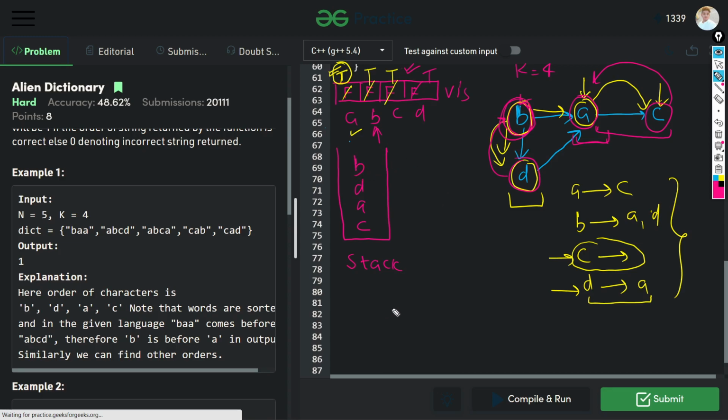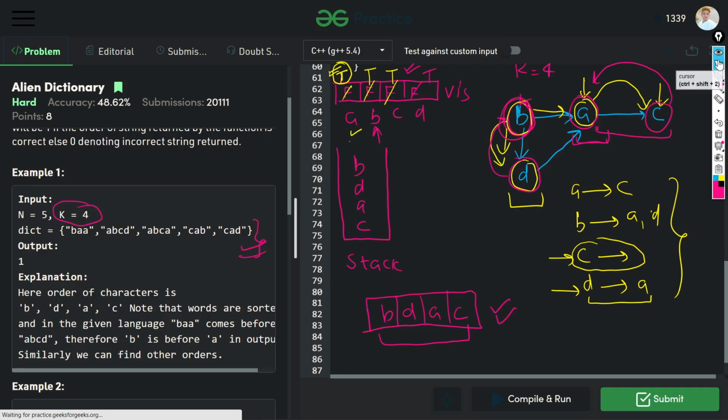After that we pop the characters from the stack, like B, D, A, C. Okay, and this is our preserving order for this type of dictionary. All right, and here the k value will be 4, so our value will also be 4. Okay, I hope you understood this problem.